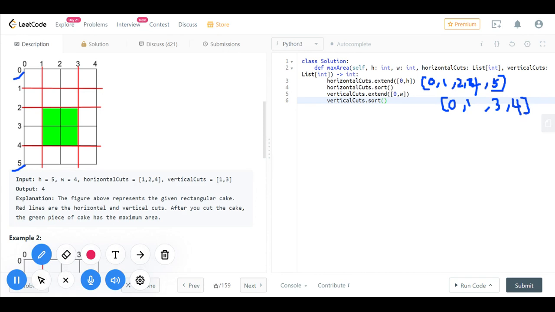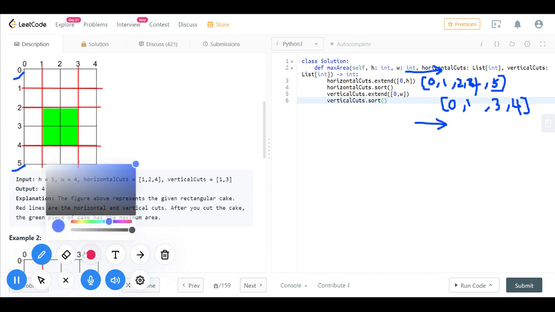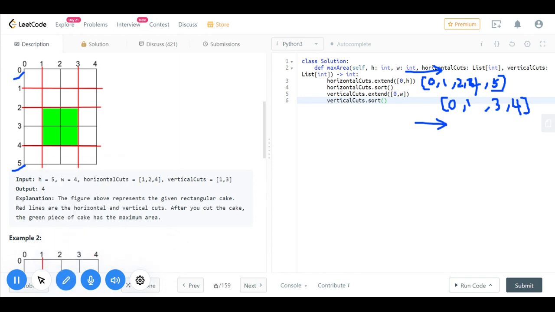Now we are going to loop through the horizontal cuts and vertical cuts separately, and we are going to find the difference between adjacent elements of this list. That is, in this case, initially it will be 1, right? 1. So after that, 2 minus 1. So the maximum will still remain 1.